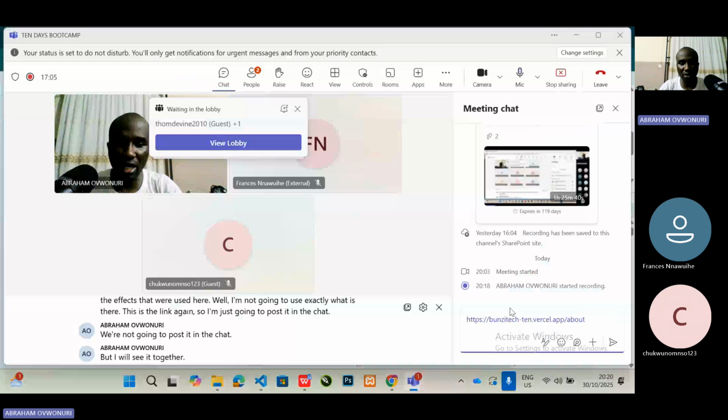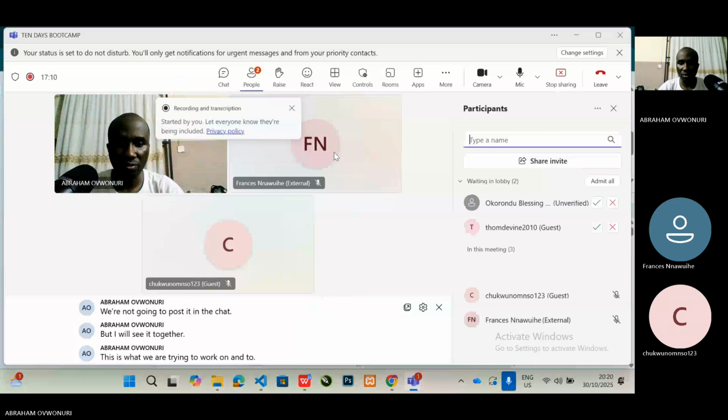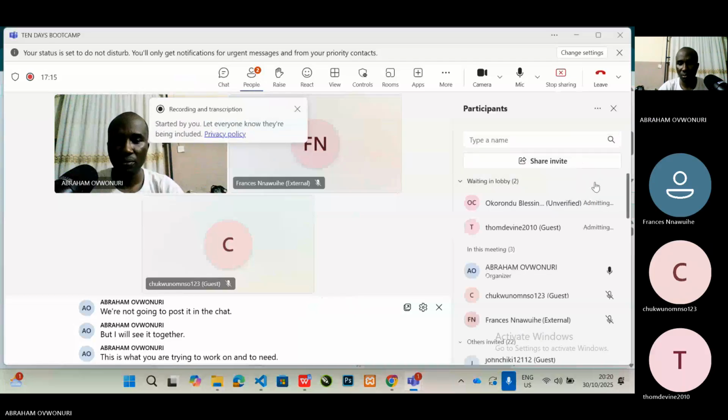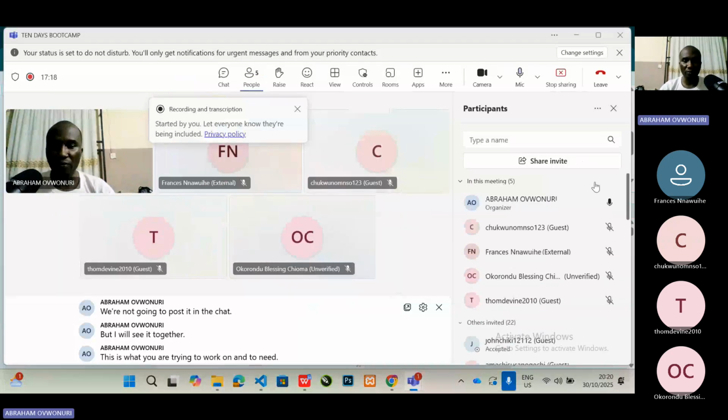This is what we are trying to work on and to mimic. If you view it in your phone, it will give you an idea of what we want to do. So we move straight to our